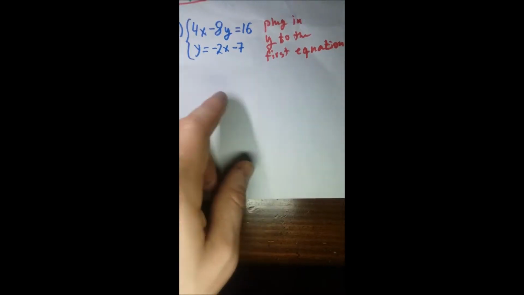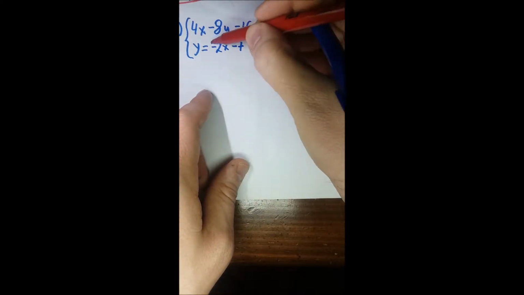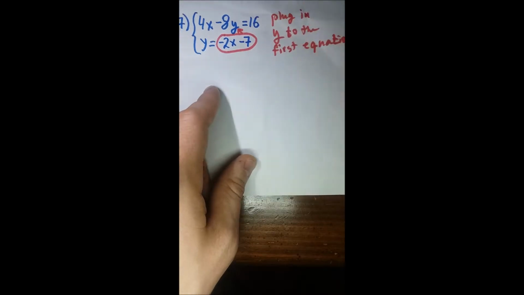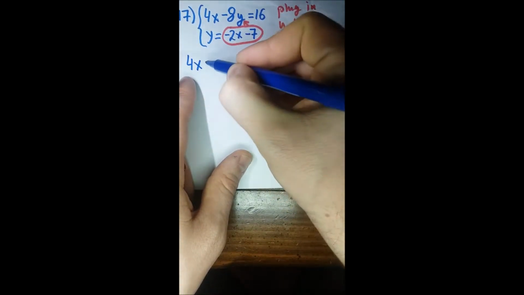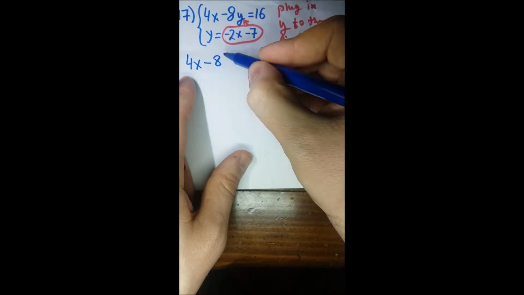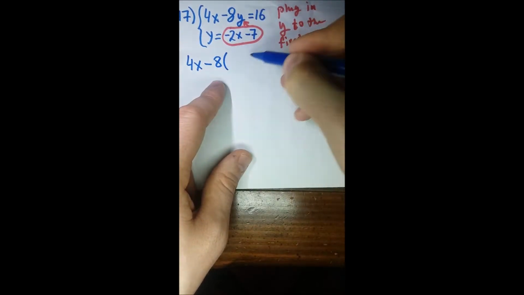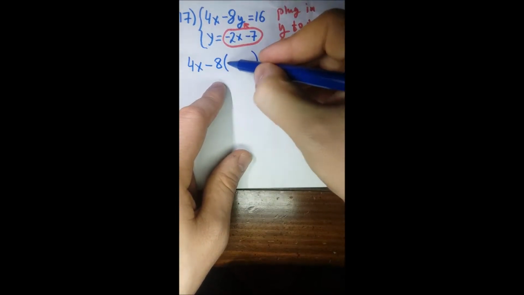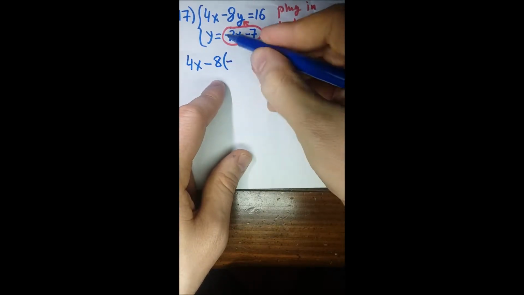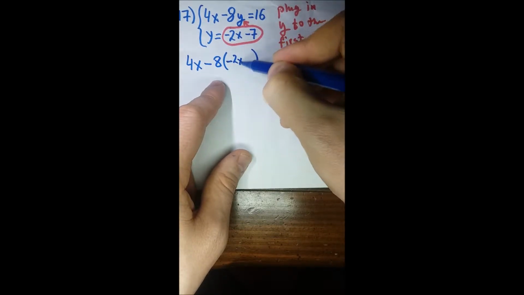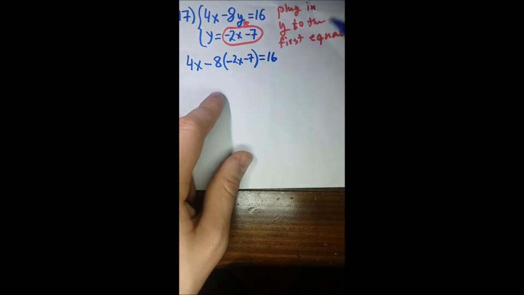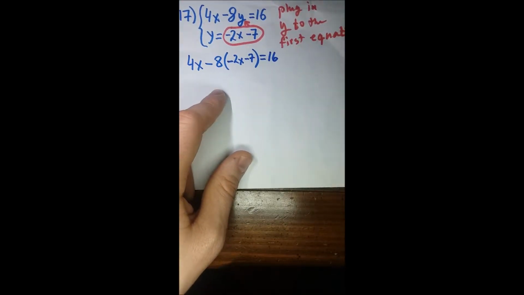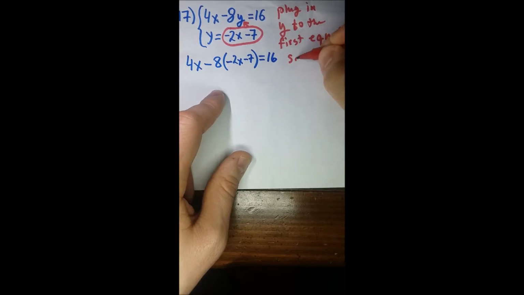Okay, so we're going to take this and substitute it in for this y. So I'm going to write down this as 4x minus 8. And instead of y, we're going to write down what y was given to us: minus 2x minus 7 equals 16. Now, all we got to do is solve